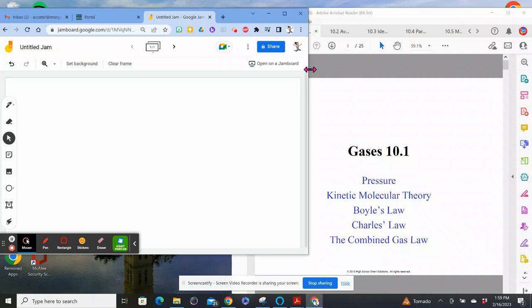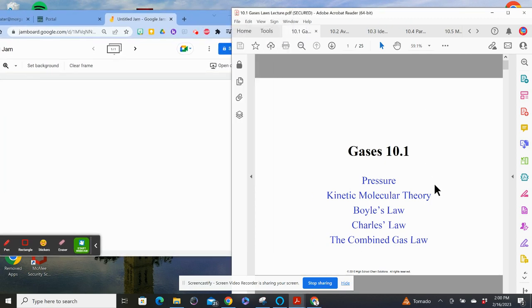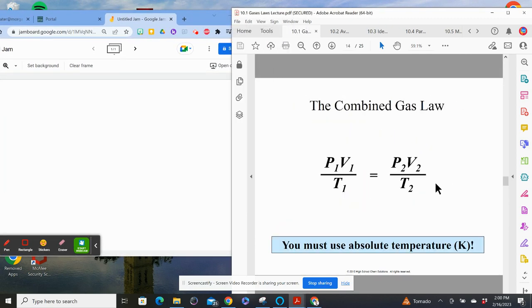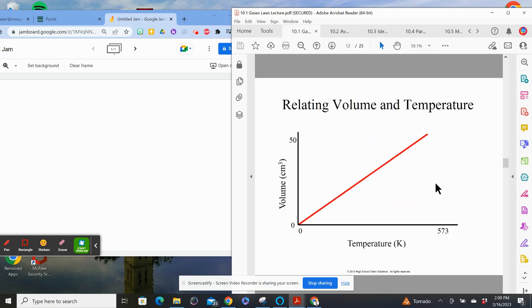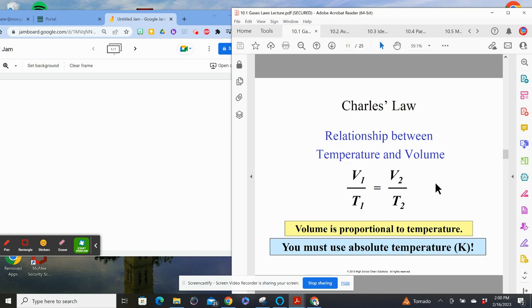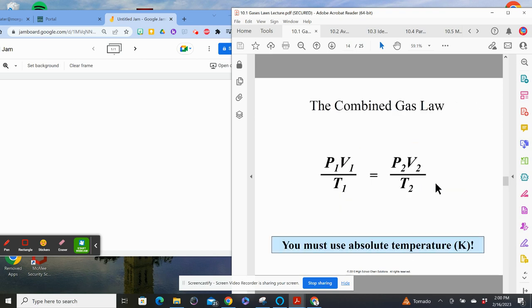All right, so what you're going to need to do is have your notes out. I had told you that you needed to go through the rest of those notes. We got through about right there, looking at the relationship between volume and temperature. Then you need to look at the combined gas law, and that's a relationship that looks at both Boyle's